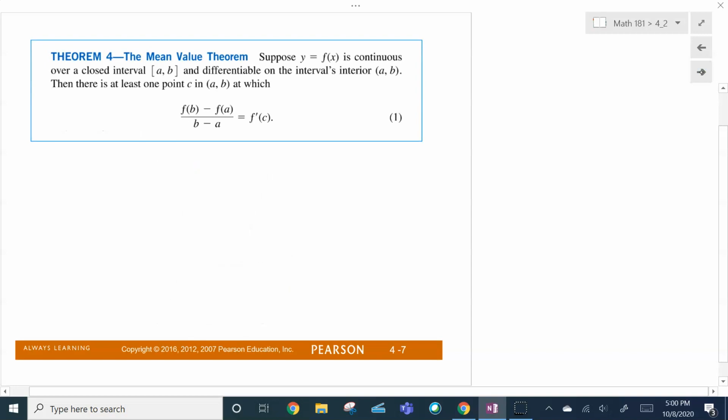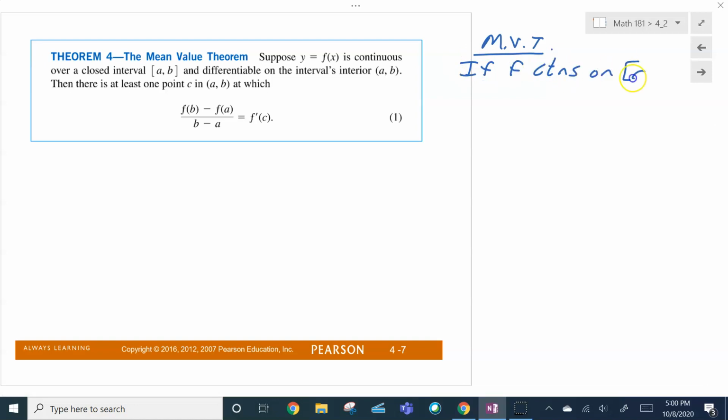All right, the mean value theorem. This one's saying you've got those same conditions that Rolle's theorem had, in that f's got to be continuous. In fact, I always like to write it out. If f is continuous on the closed interval from a to b,